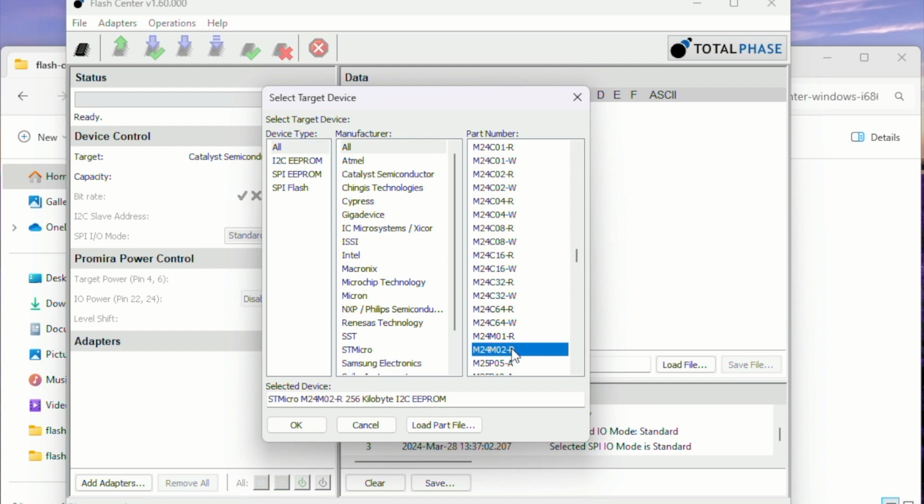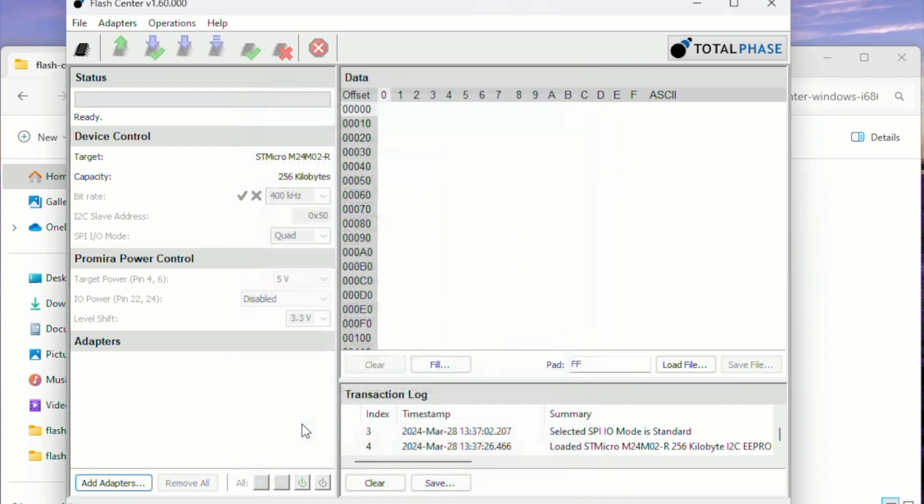window. Thank you for following along with us as we demonstrated how to easily extend the part file library of the Flash Center software. As you can see, it is a simple task to add new memory devices to support